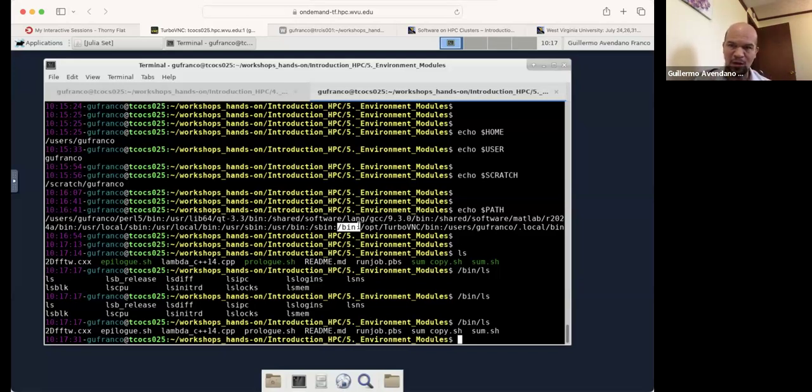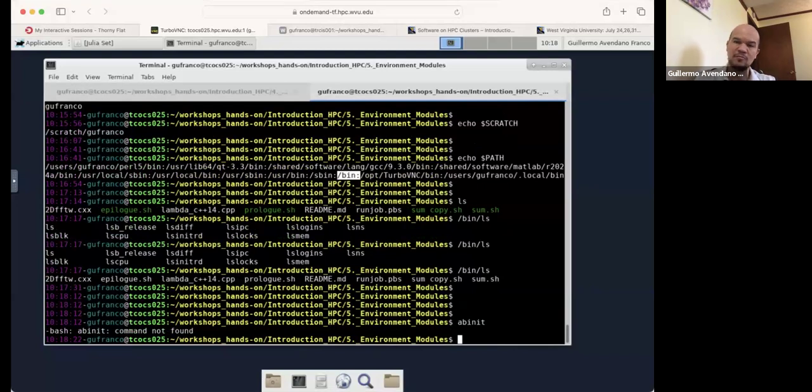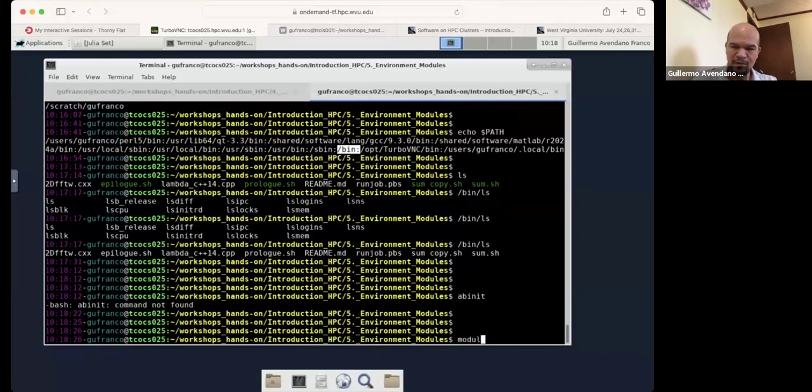Now, if you have this variable PATH and you can change it, you can add things to it, you can enable new software, new programs that you didn't have at this point. For example, let me see. At this moment, there is no command called abinit. Command not found. It's not there. But there are ways to